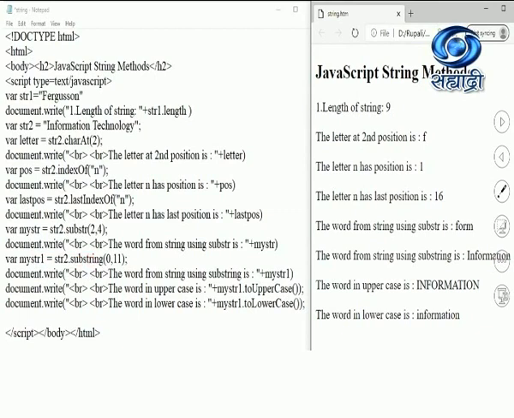So it has only one word, information, and it has changed to uppercase and lowercase respectively. Students, do not forget to write down the U capital into uppercase, C capital and L capital for 2 lowercase, C capital again into lowercase. So this is all about the syntax of the program. You need to remember all the syntax for the string.